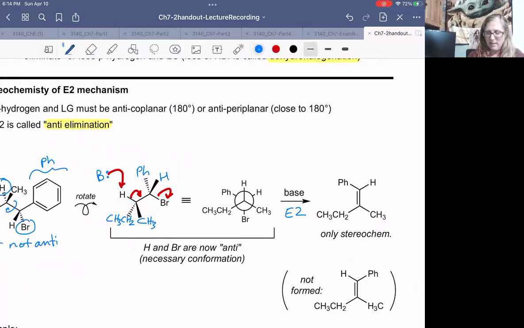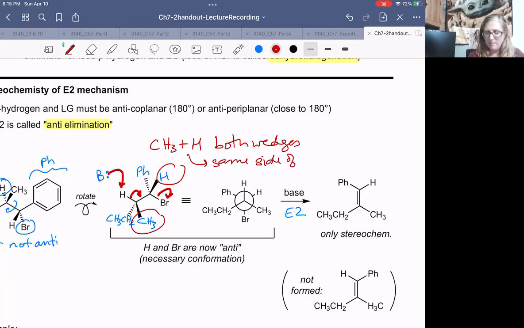So notice that this methyl group and this hydrogen, CH3 and H, were both wedges. They're going to end up on the same side of the alkene. And we could see that here. They're on the same side of the alkene. And so this is going to be the only stereochemistry that's observed. We describe this elimination as being stereospecific, because we get exactly one specific